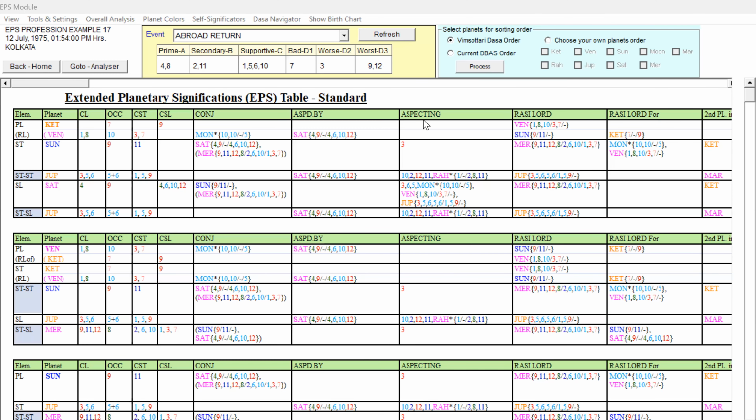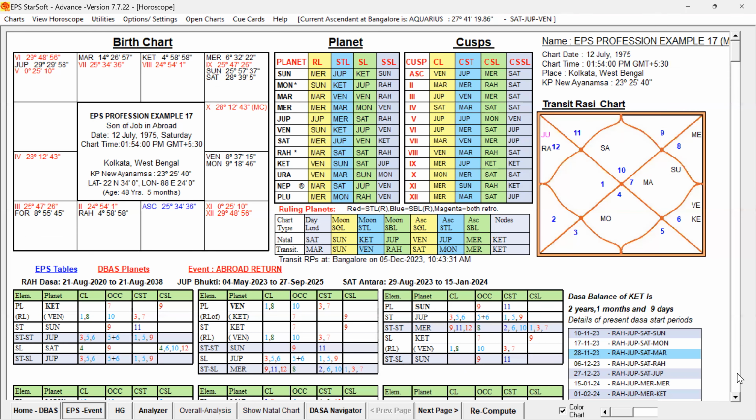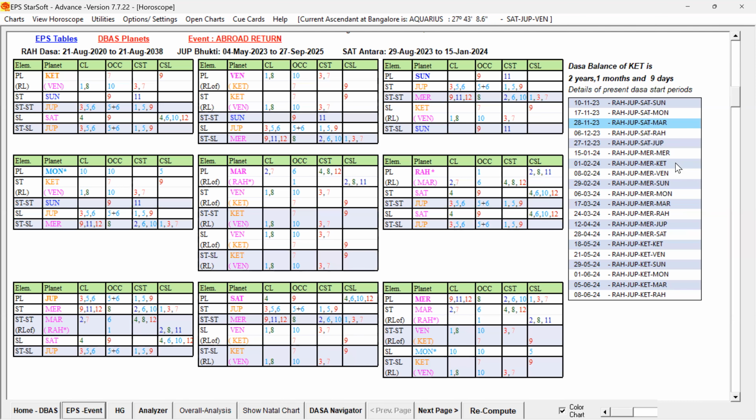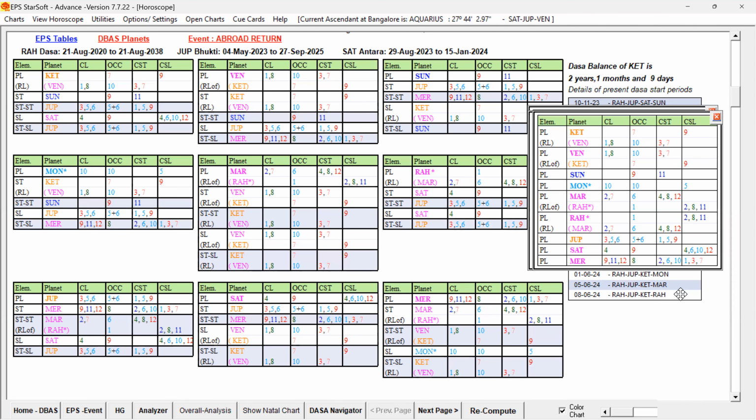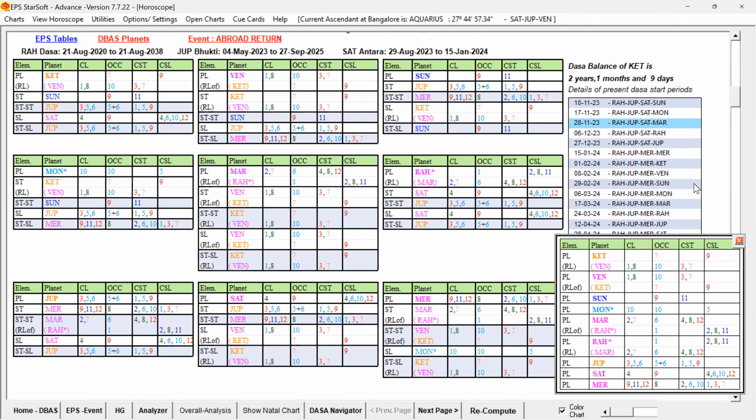Now let us go to the home page and check the planets for the destiny and also the SAR periods. So let us keep open that self-significators. And I think I remember in the example 17A, in the first video, we discussed the destiny for the travel abroad and also 10 sublord significations, and all we discussed in both A and B examples, wherein we studied that 4th cuspal sublord and 12th sublord planet, both favorable for travel abroad or also homeland,